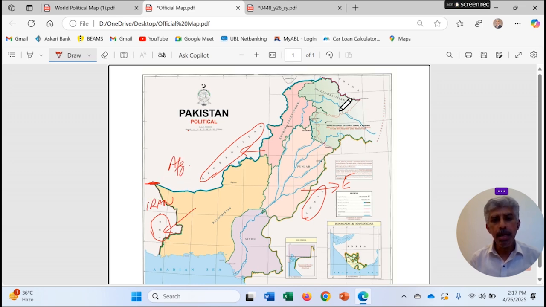And in the north of Pakistan there is China, and down in south there is the Arabian Sea. And one very important factor, you can see right at the top that Afghanistan's map goes like this,